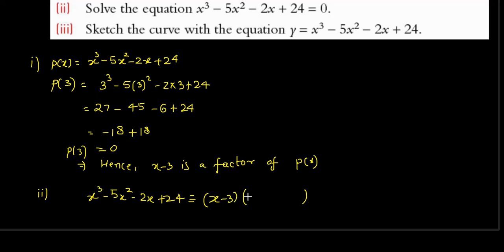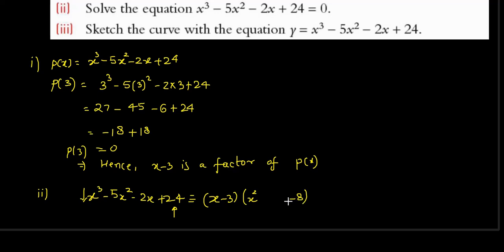This has to be a quadratic factor because this is linear. First thing is this, right? So there will be some x square. How much x square will be there? That is determined by the leading coefficient of x cube. Since this is only x cube, it is just x square. When x is multiplied by x square, you will get x cube. Then the third step is to look at this constant term 24. When this minus 3 is multiplied by minus 8, then only you will get this plus 24. Constant will be multiplied by constant, then only you will get a constant, and in this case